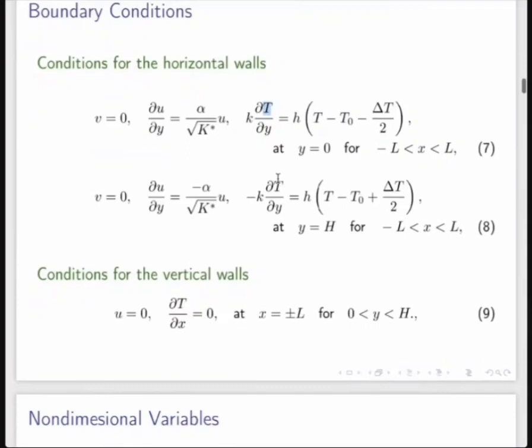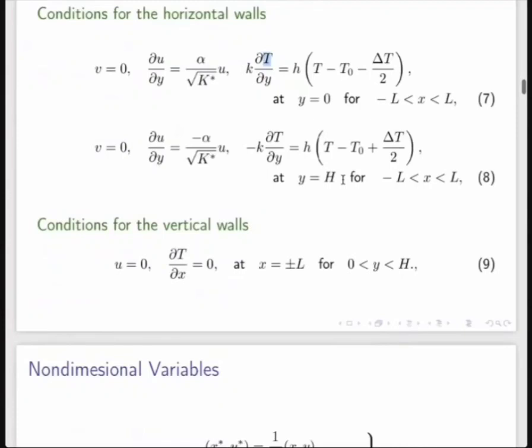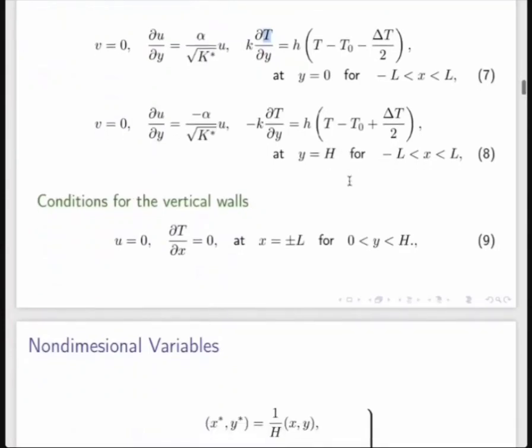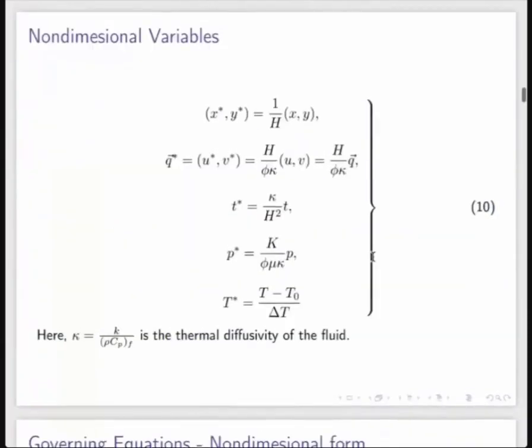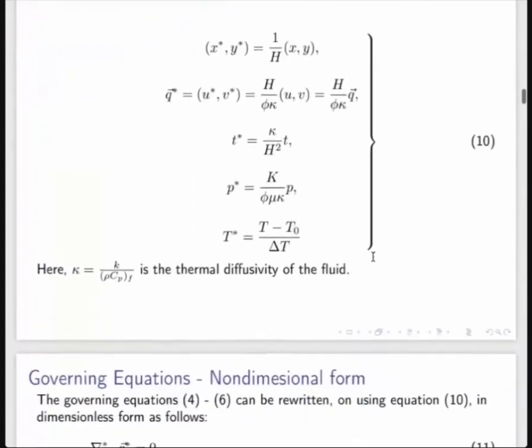And this makes the boundary eigenvalue problem a little bit complicated. The third kind boundary conditions also can pose a kind of difficulty while getting the solution. So the conditions at the lateral walls are u equal to 0 and dou T by dou x equal to 0. And one can put the equations that I showed earlier using